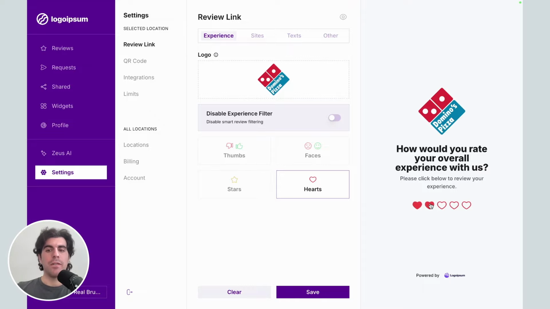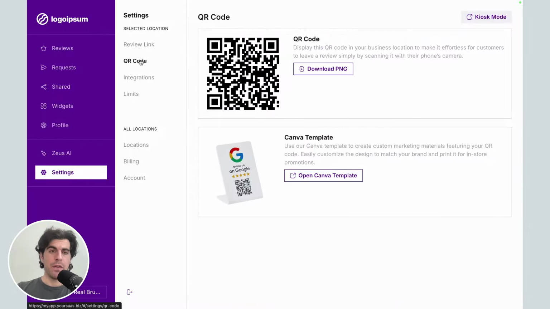Of course, the goal of your clients is to send this link to all their end customers, so they start getting a lot of reviews every week. How can they send this link to the end customers? Through different ways. Firstly, we have the QR code. In this section, there is the QR code which is connected to the review link, and your clients can print this QR code and create a kind of graphic that they can add, for example, in the menus if they are a restaurant, in the reception if it's a dentist, in the rooms if it's a hotel, etc. They have some Canva templates that they can download from here to build their design with the QR code,